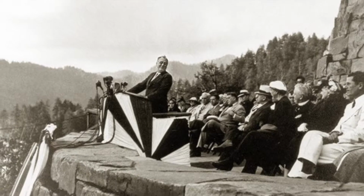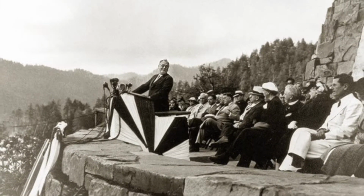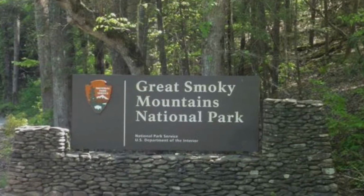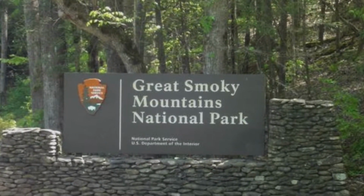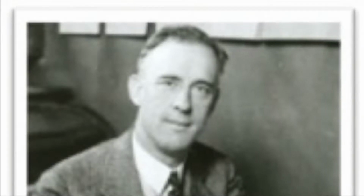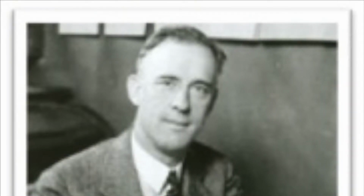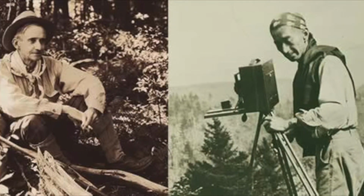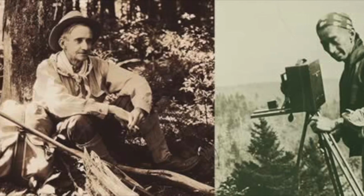The Great Smoky Mountains are among the oldest in the world. It's been estimated that the mountains of the Great Smoky Mountains National Park are between 200 and 300 million years old. Horace Kephart came to the Smokies in 1904 and lived among the settlers of Hazel Creek in the Smokies for several years. He wrote Our Southern Highlanders, first published in 1913, about people who lived in the Smokies based